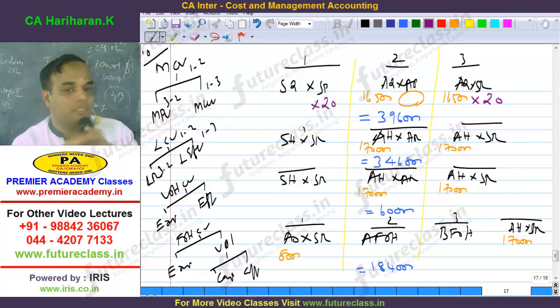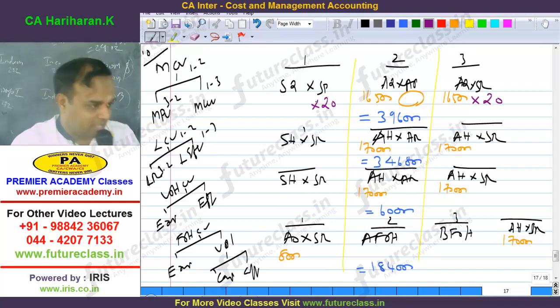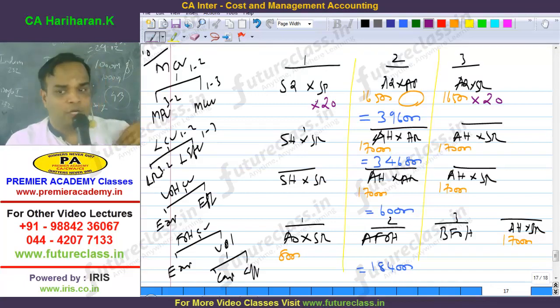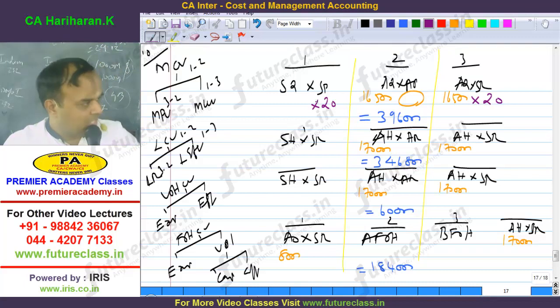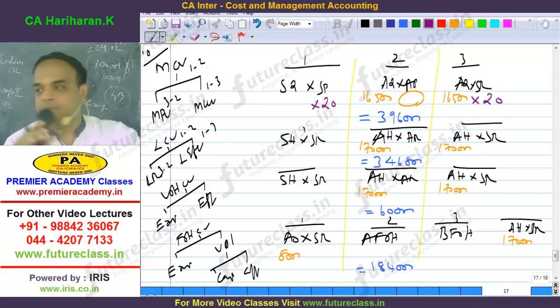Standard quantity, how to compute? What is called the standard quantity? The word standard always means expected. So what is called standard quantity? Expected quantity of raw material required for the actual output. Repeat one thing: what is called standard quantity? Expected quantity of raw material. Even if you repeat it 1,000 times, it's worth it one day. Clear? That's the most important one. Repeat one more time: what is called standard quantity?